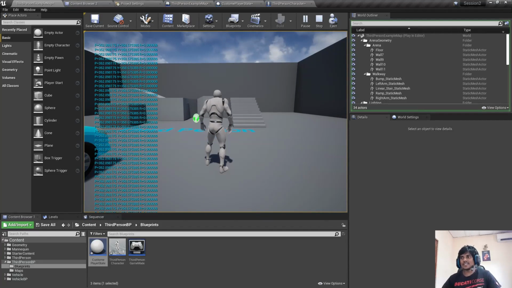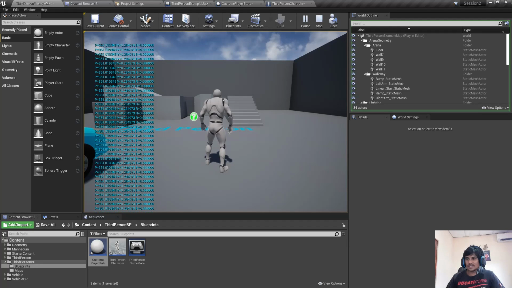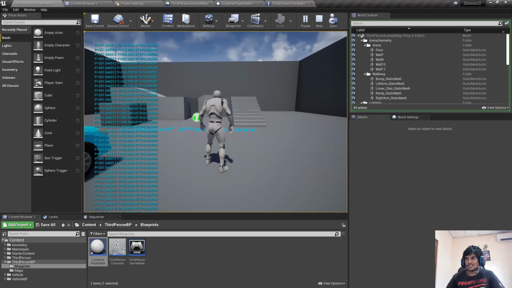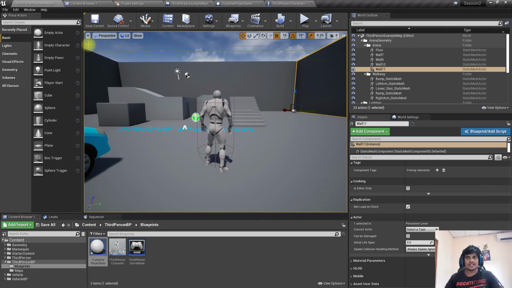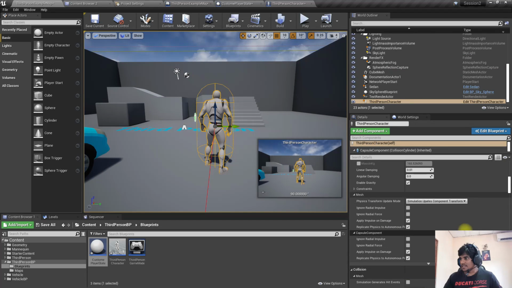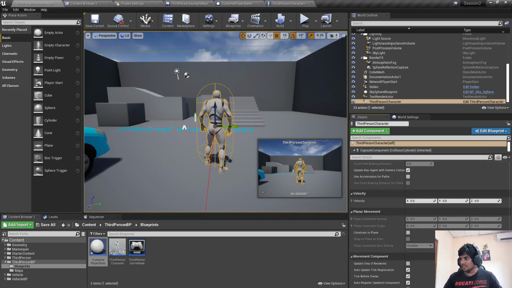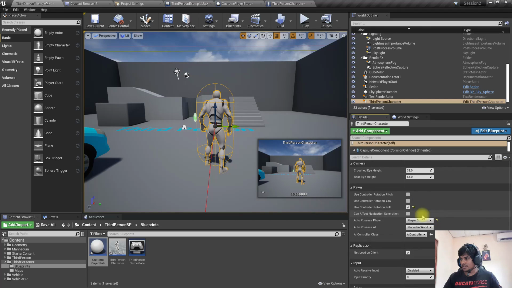So if there is a way to give another dimension using the mouse, we can actually do something like rolling the character to the left or to the right, not turning, like rolling the character like a plane. So this roll is important for something like a plane that you control, a flying character maybe. So for now, even if I enable it, it doesn't show any difference,